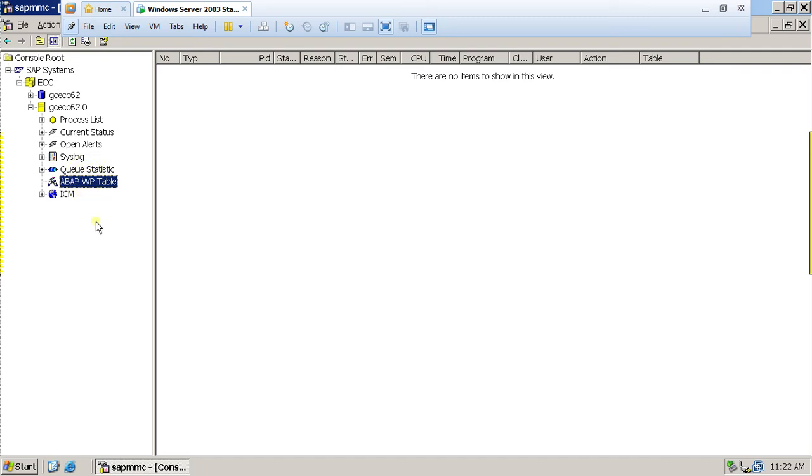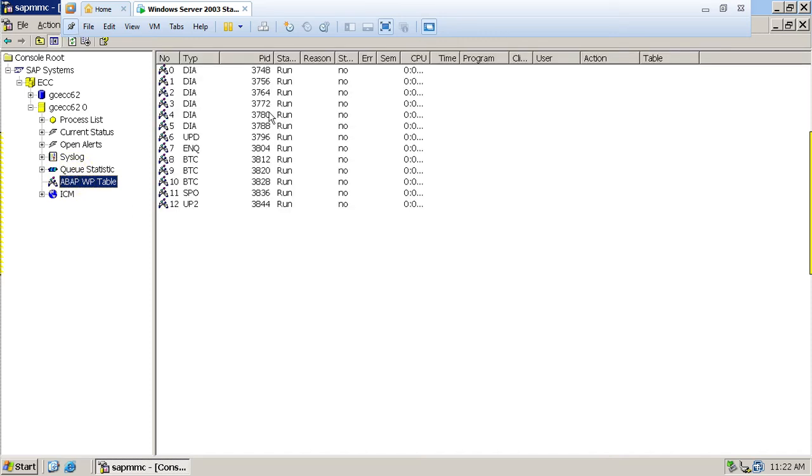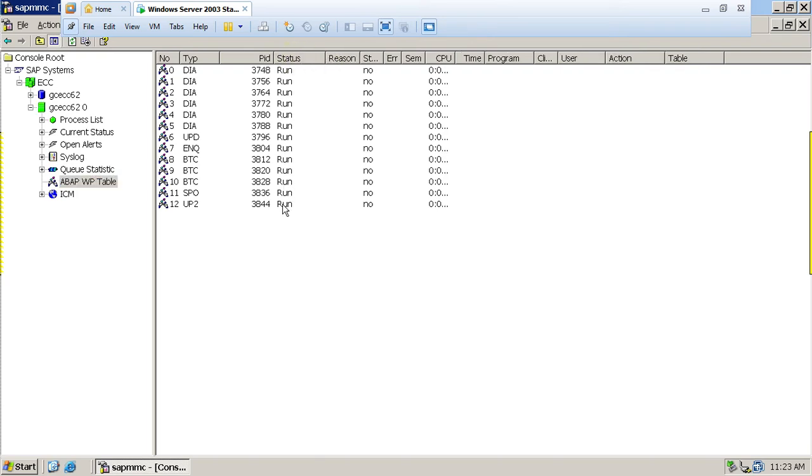Still waiting. Still wait for the green. Before green, the tables are in the running stage. This running stage should change to the waiting stage.